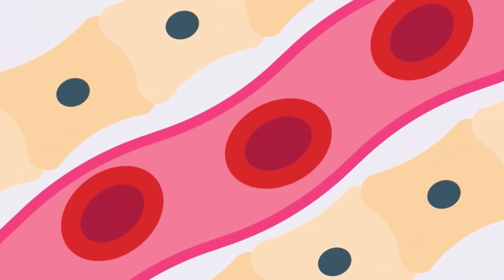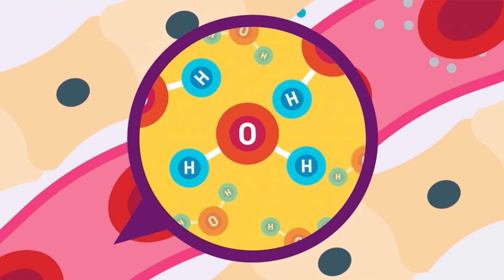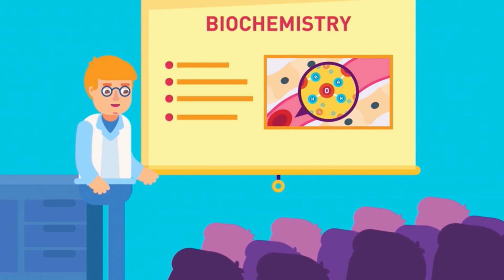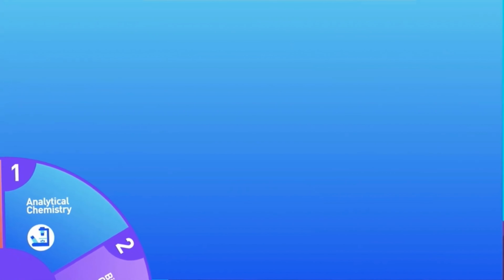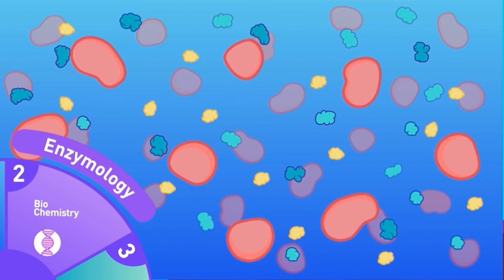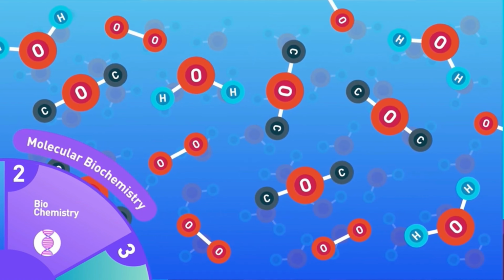Everything in the body is made up of atoms and molecules of different chemical compounds, like carbon, oxygen, and hydrogen. This is what we study in biochemistry. Biochemistry can further be divided into interesting disciplines like enzymology, which is the study of enzymes, endocrinology, which is the study of hormones, clinical biochemistry, which is the study of diseases, molecular biochemistry, which is the study of biomolecules and